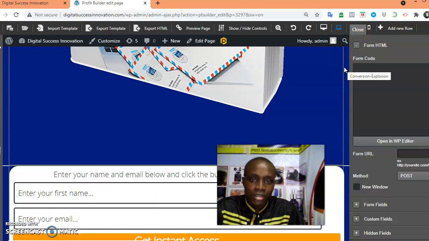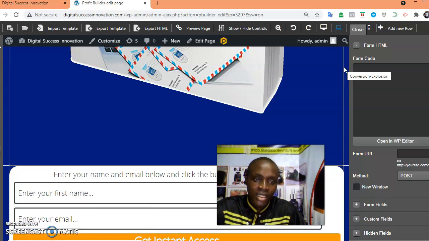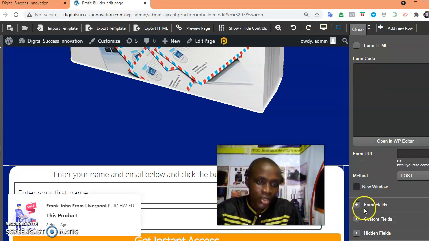So with that being said as well, for the purpose of this training, I will just create this sales page alone. I won't be connecting the autoresponder. For being able to connect my autoresponder service to it, I need to log into my GetResponse account and get the code and paste it here and change the name fields to name and email field to email field.